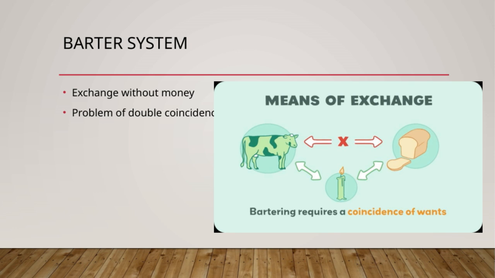To address this issue, people developed the barter system. The barter system is simple. You exchange goods or services directly without using money. For example, if you have apples and need bread, you might swap your apples for bread with someone who has it. While this system worked in small communities, it had its drawbacks, mainly the double coincidence problem we mentioned earlier. It's a great way to understand the origins of trade, but it also highlights why money eventually became necessary as a more efficient medium of exchange.